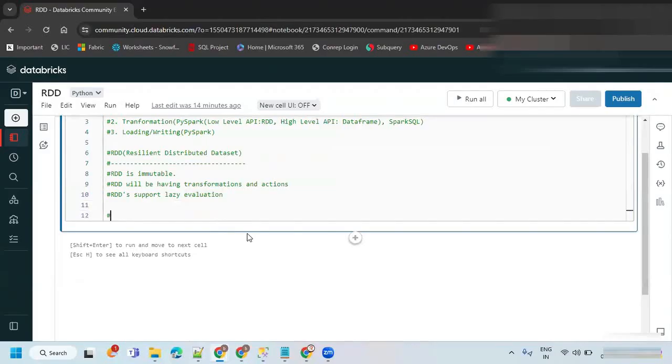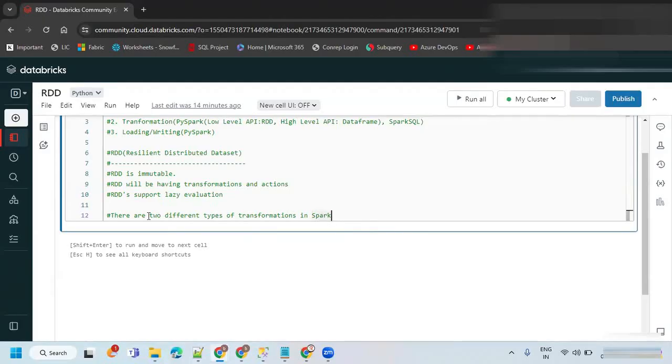And there are two different types of transformations in RDD as well as in data frame. Simply I can say in Databricks or in Spark, PySpark or whatever it is.